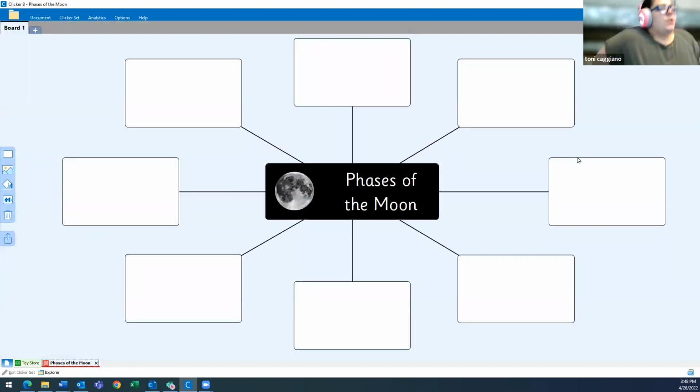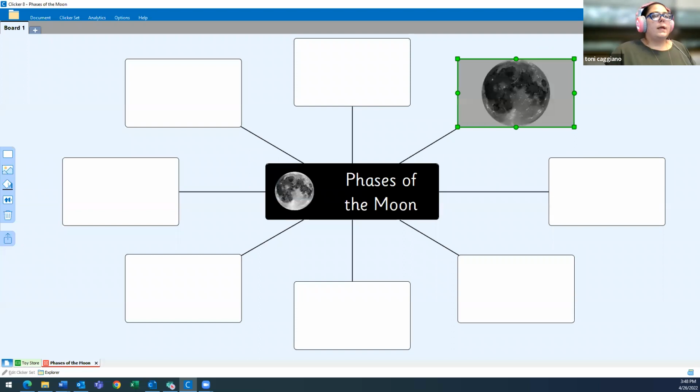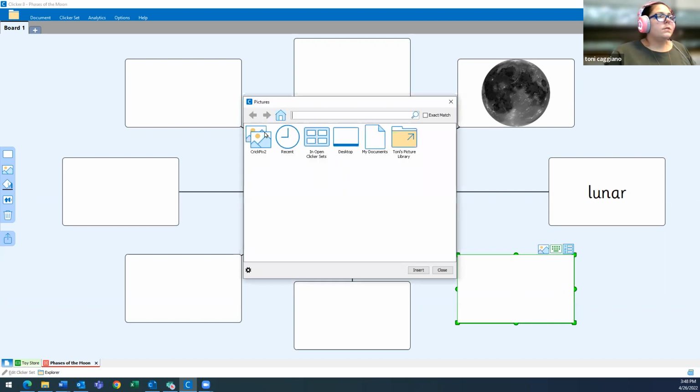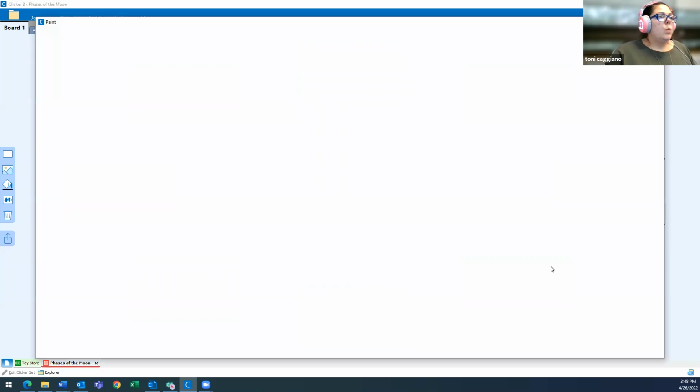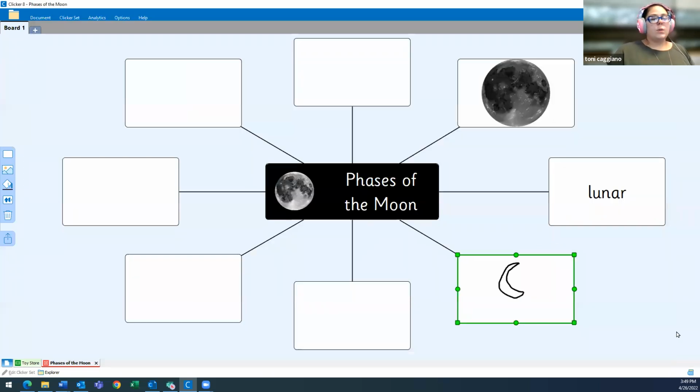So here I open this up, and I have access to what is a graphic organizer, but this is a great place to kind of see where students are at. What do you already know about this topic? We could, of course, input some pictures here, some vocabulary words. And then if we want to get real fancy, we could have students paint something. Please do forgive my moon. Okay, so we could pop something in there, and this is giving students